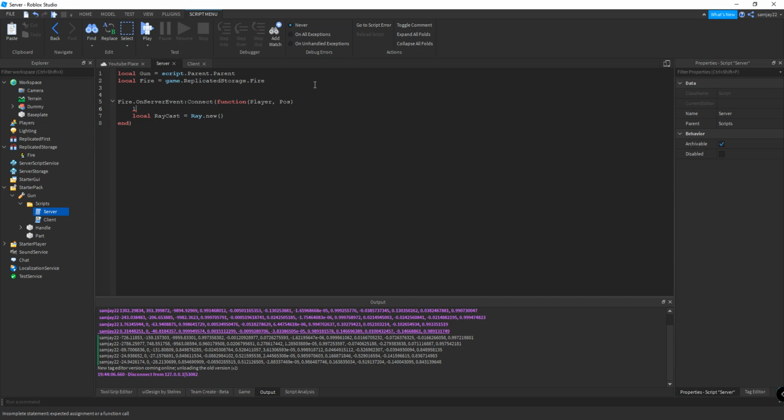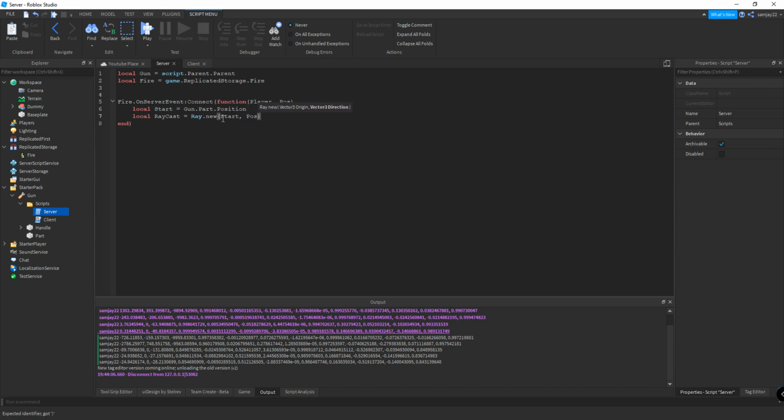I'm going to do local start equals gun.part, because that's the barrel, dot position. So where's the starting position? Well, it's right here. And then what is the direction of the ray? You could do start plus whatever you want, but in situations like this I would simply do position,